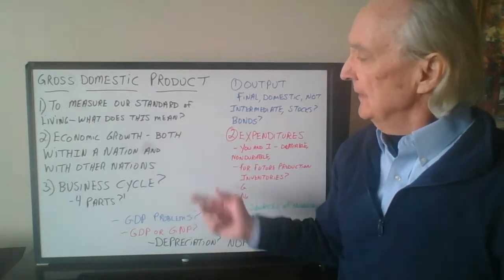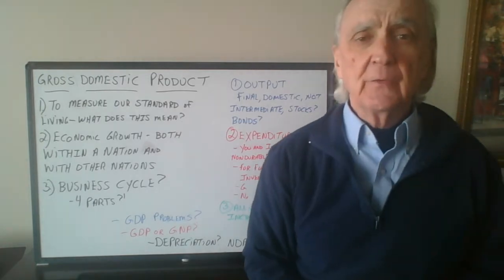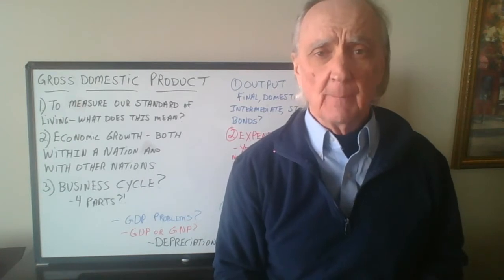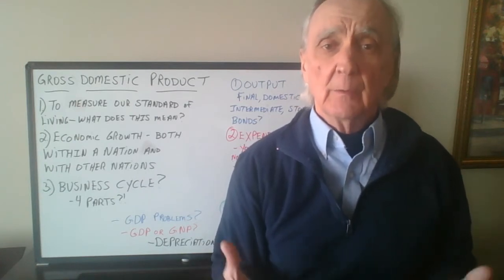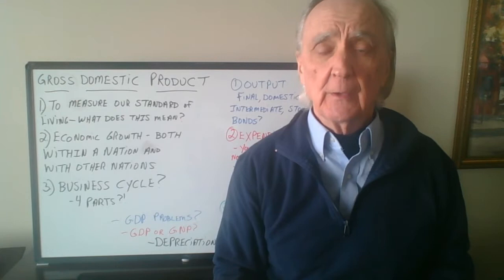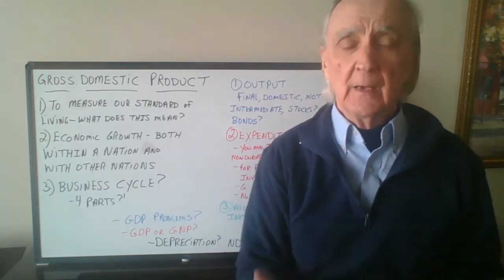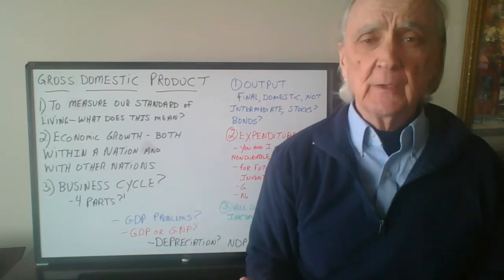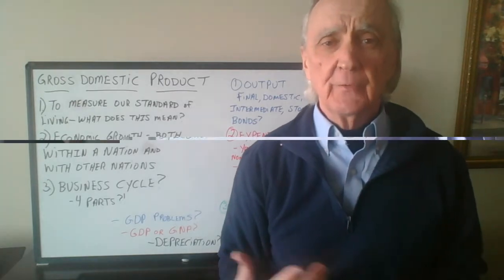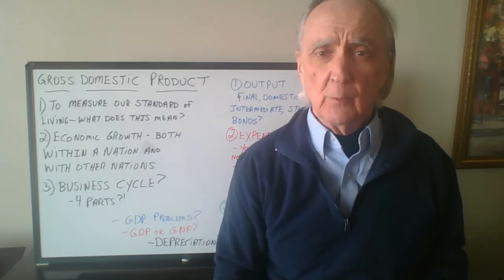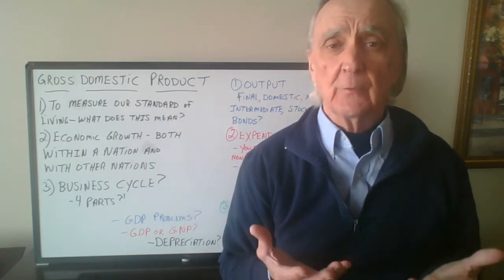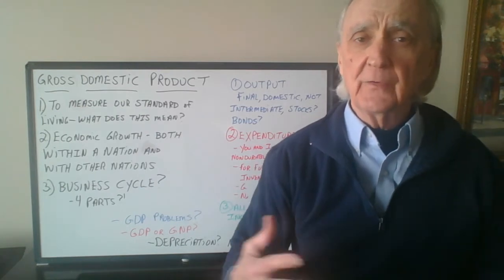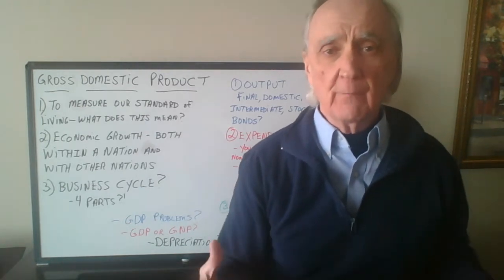Now the last one is to see exactly where we are in the business cycle. Okay, now we talked about the business cycle having 4 parts, and I want you to explain them to me. Basically, the first of the 4 parts of the business cycle: the economy's growing, it's getting stronger and bigger and better. We call that an expansion or a recovery.